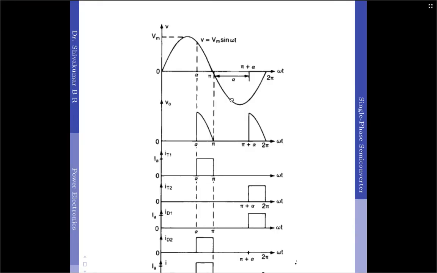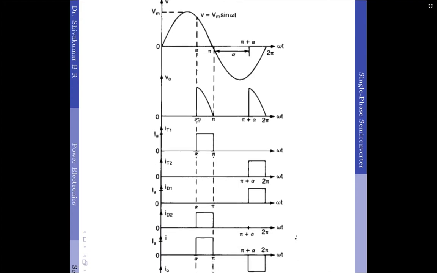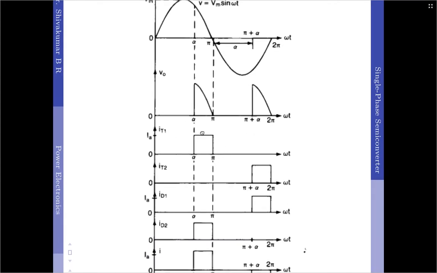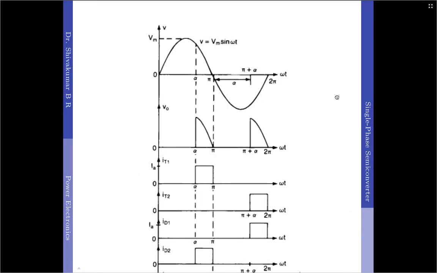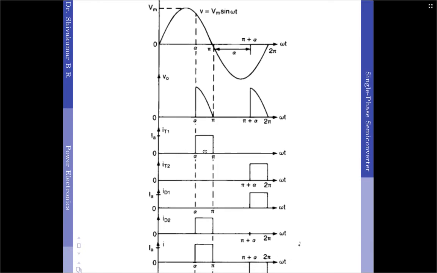Finally, coming to the waveforms, this is the output load voltage waveform. Now the third waveform is of the thyristor T1. Now, when the thyristor T1 conducts, let us go back to the thyristor T1. So, when the thyristor T1 conducts, the current I flows through the thyristor, and this is constant. It is not increasing nor decreasing, it is constant. So, we also have said we are approximating the circuitry for constant load current. Therefore, the thyristor T1 current will be IA, anode current, between alpha to pi. This is what actually is the values of omega t between which thyristor T1 conducts.